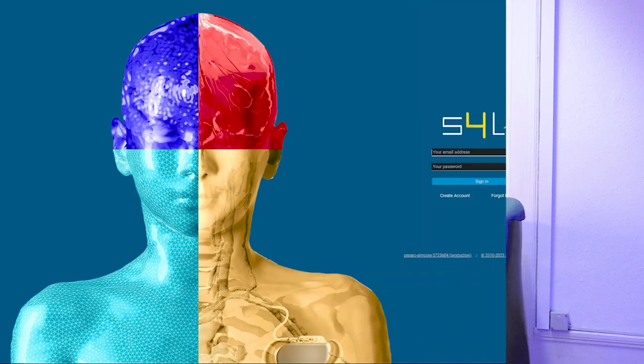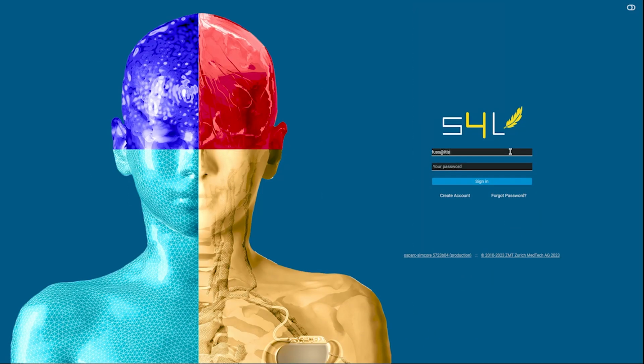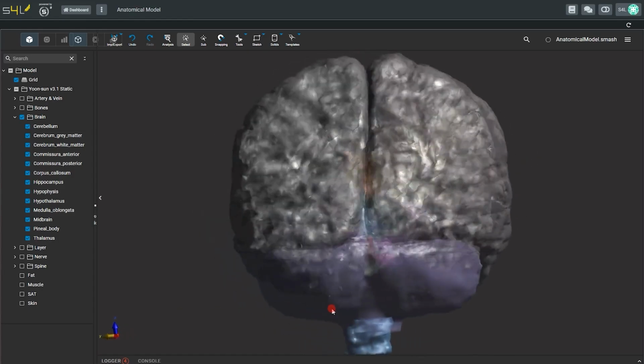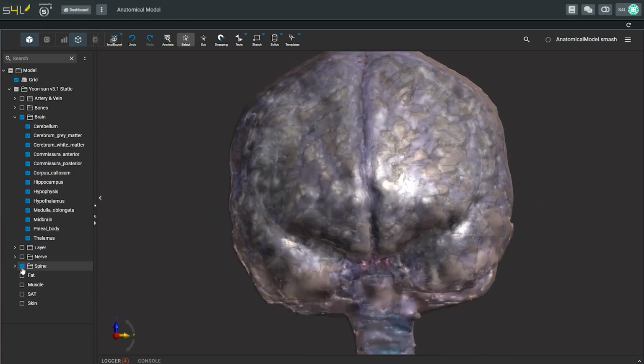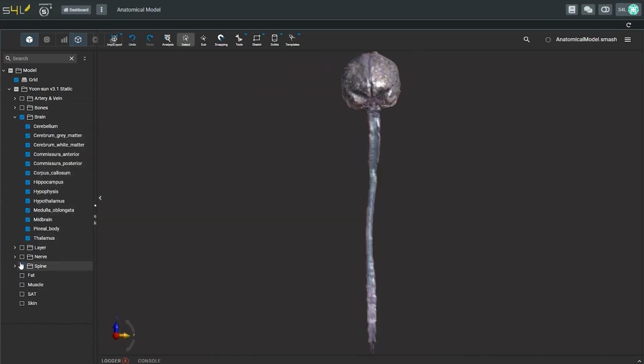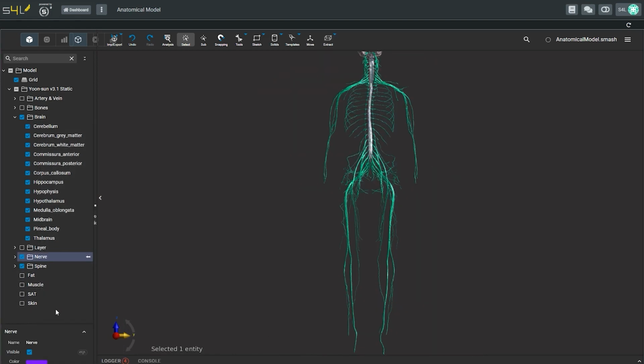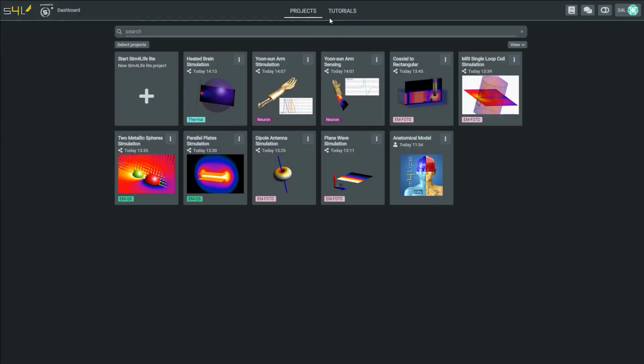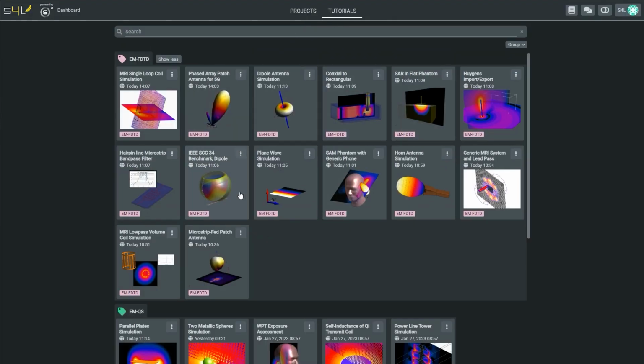The new student web version is called S4L Web Lite. Everything happens in the cloud, utilizing the computational capabilities provided by AWS. Sim4Life can simulate a wide range of physics and supports detailed anatomical models. It comes with extensive tissue property databases and dynamic tissue models, as well as a wide range of specialized tools, and there are many tutorials available to showcase them.